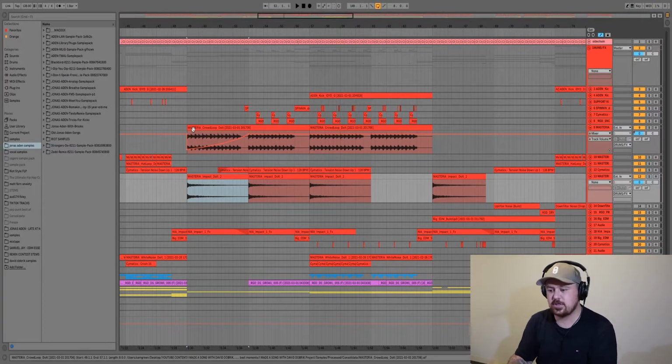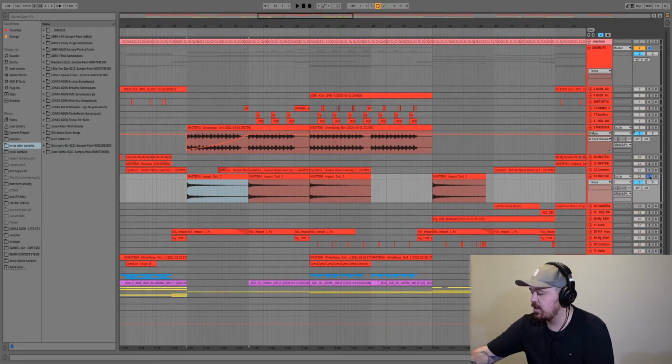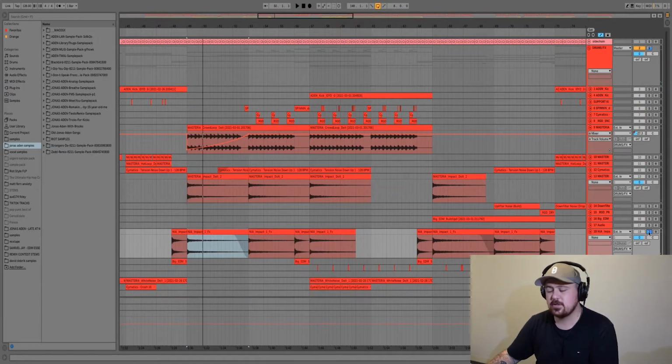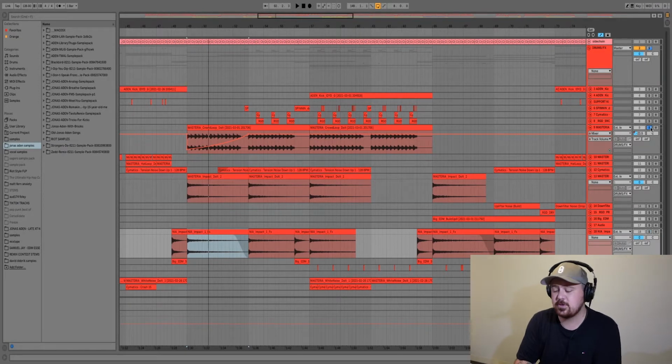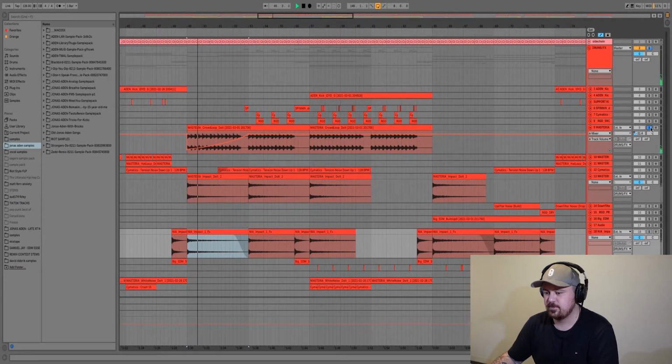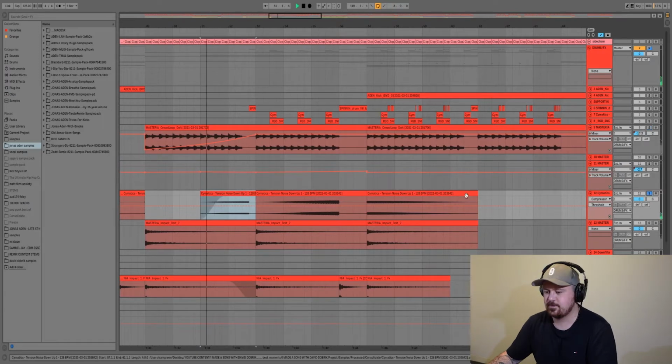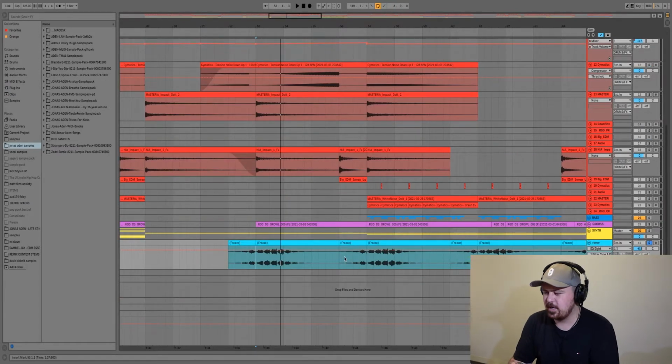First thing I put in, just to transition from the first drop into the breakdown, was this impact. And then this impact as well. I've just got some crowd noise with the volume automating up, which really helps build that tension. And then we've got this little white noise riser. Then we've just got this random synth hit to sort of help fill up some space.